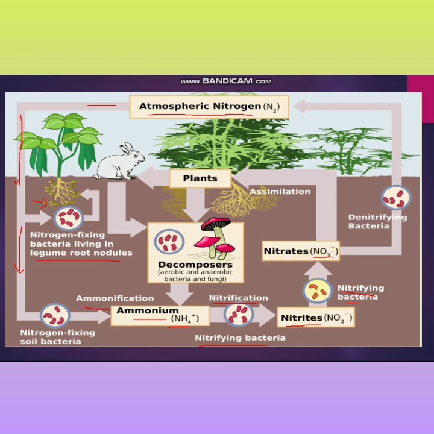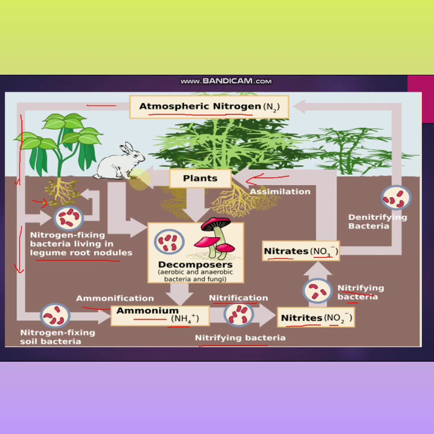Just see the difference in the formula of nitrites and nitrates. Nitrites have NO2 minus and nitrate has NO3 plus. So you will read the detailed structure of this chemical formula in your next classes. Now the process of assimilation occurs, in which this compound of the nitrogen, that is nitrates, is absorbed by the plant. Now the plant uses this nitrogen form to form different types of products inside the plant, such as seeds and pulses.